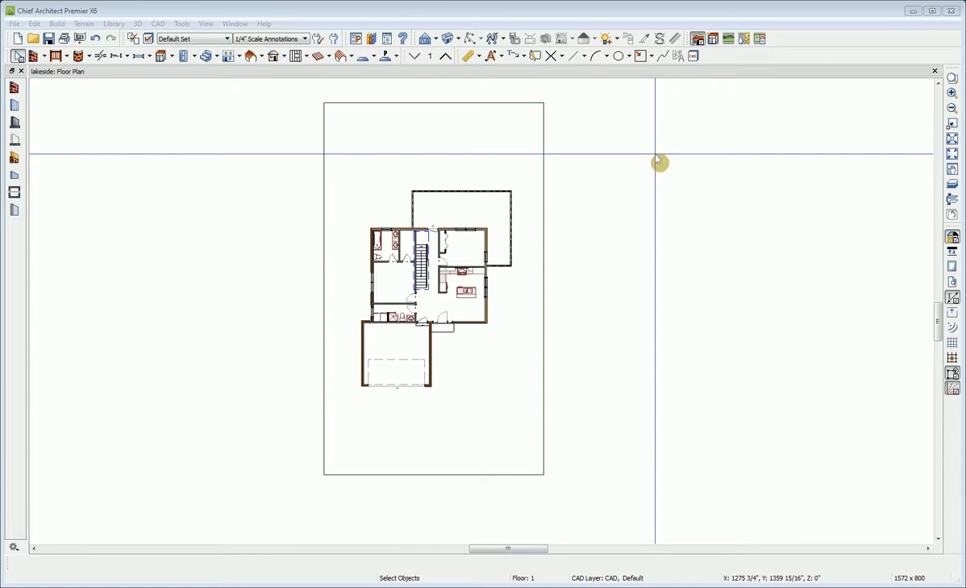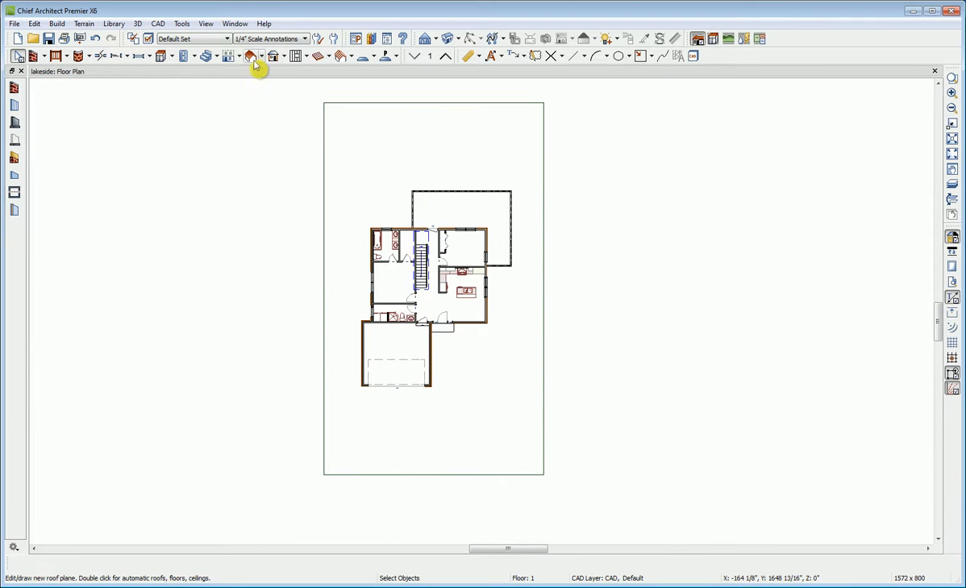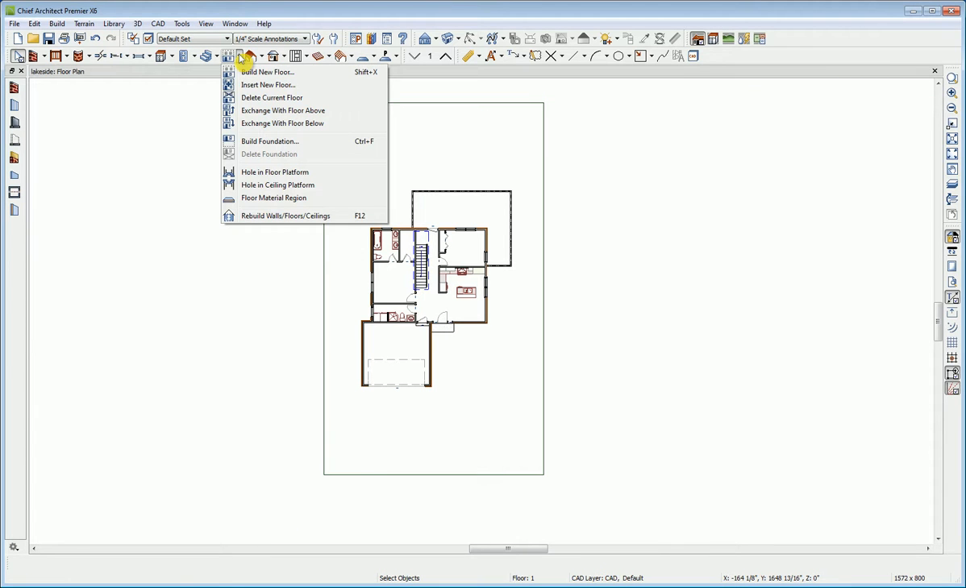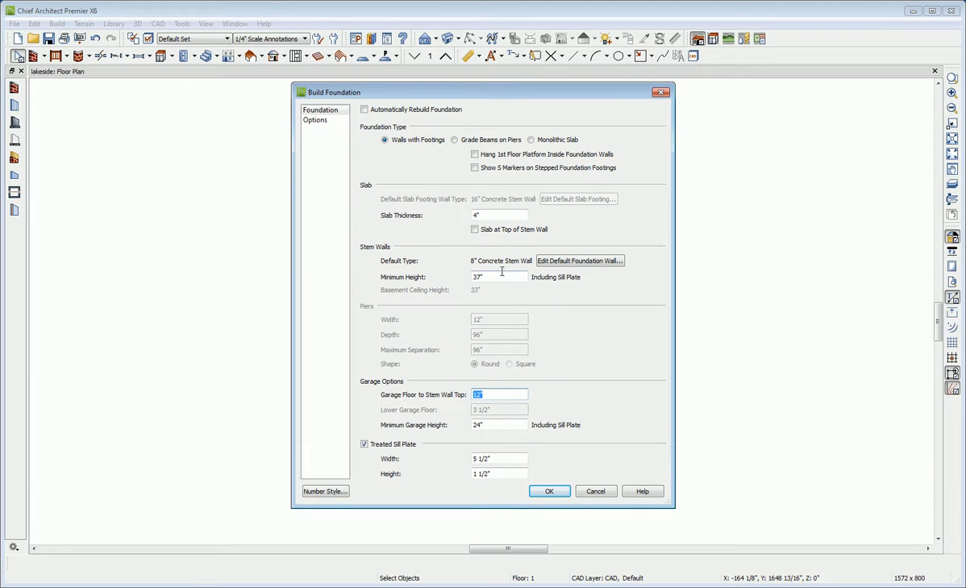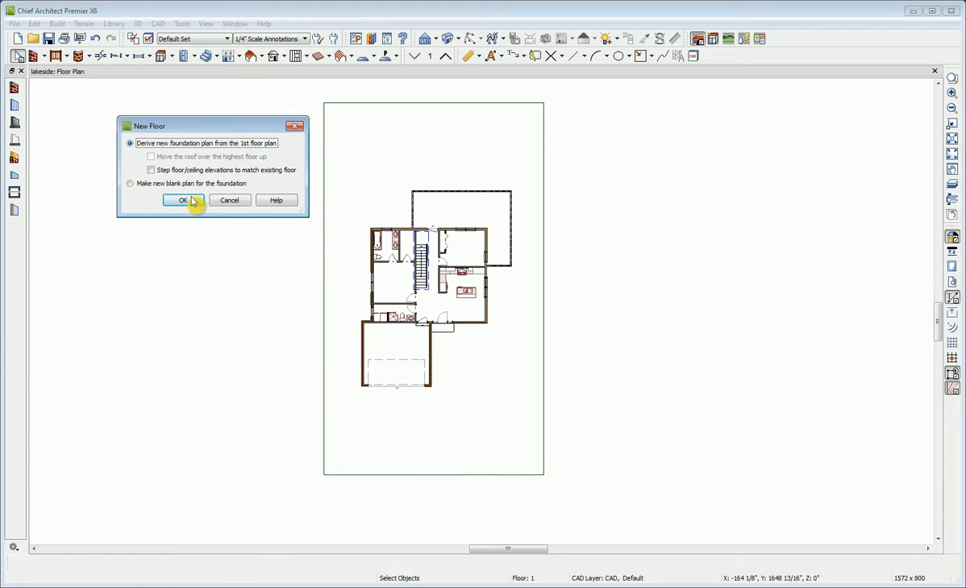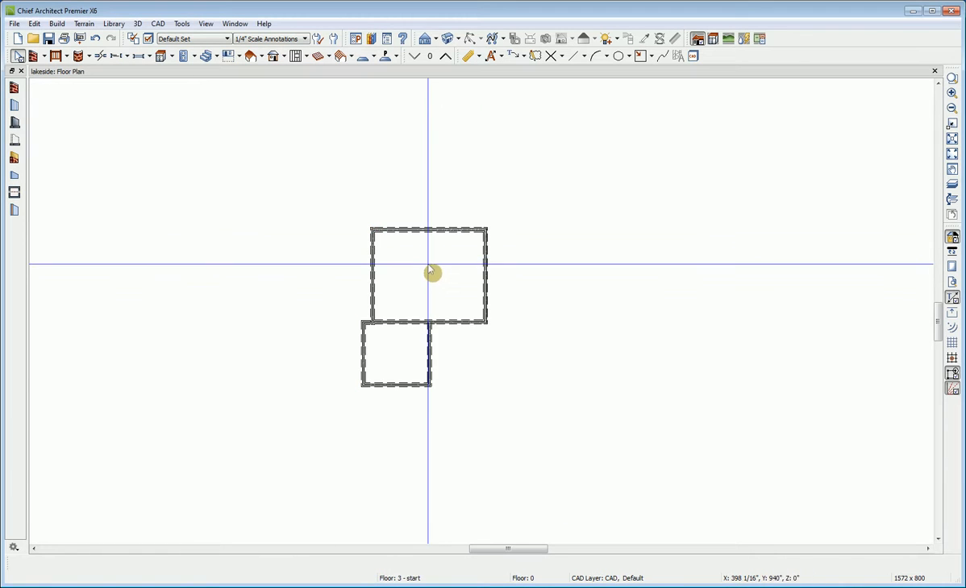In this video, we'll create a walkout basement and a sloped terrain. We'll create the basement first using our Build Foundation tool. In the Build Foundation dialog, I'll change the minimum height of my stem walls to 124 inches. Then I'll click OK. I'll derive the new foundation from the first floor plan, and then I'll make a small